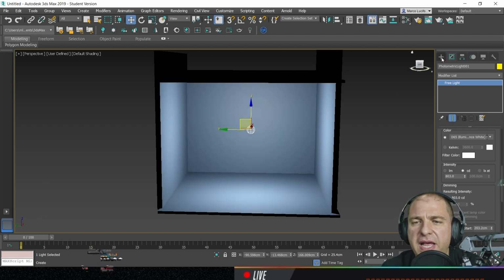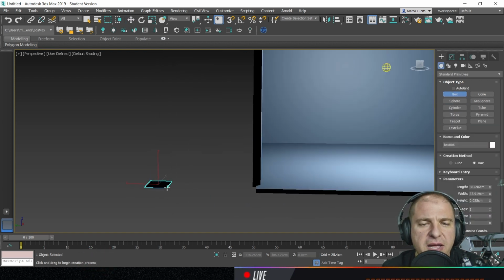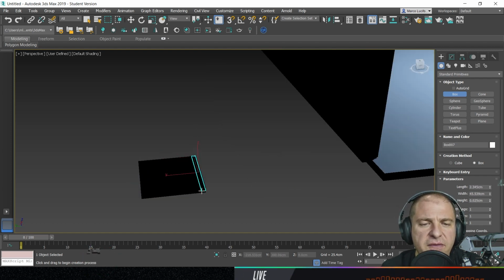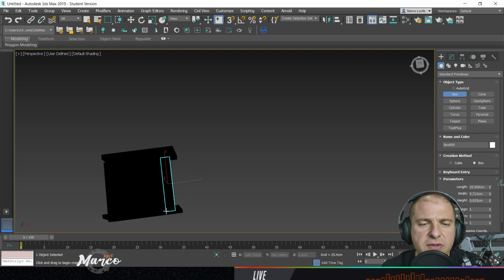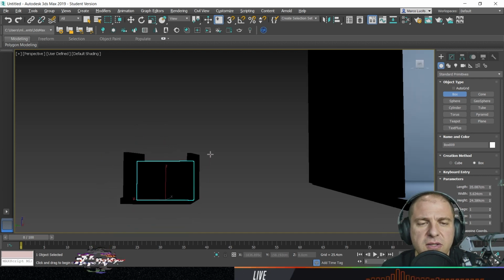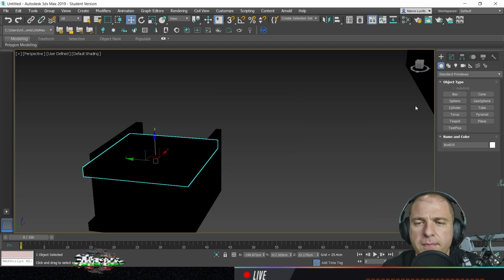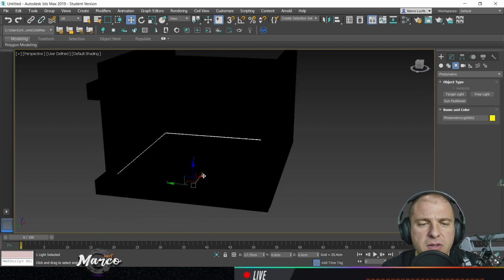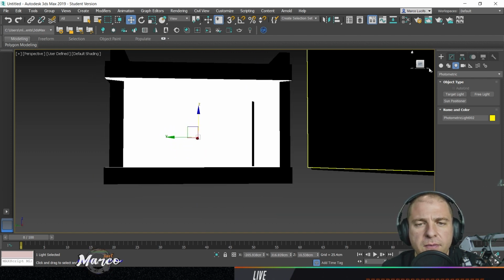Sometimes it happens that my project has been made without checking dimensions, so let's say maybe I've imported a file and I have completely missed units, or I'm not working with units, and we'll see this in a second. So if my object is too tiny or too big, let's start with the too tiny one. When I place a light in here, no matter what I change in this light, I will see that